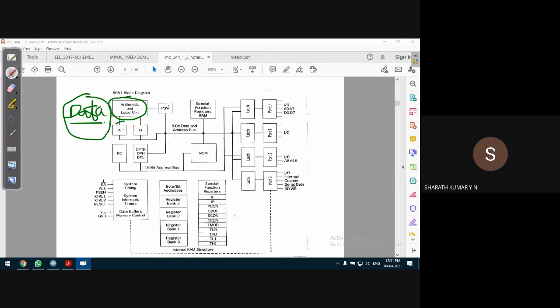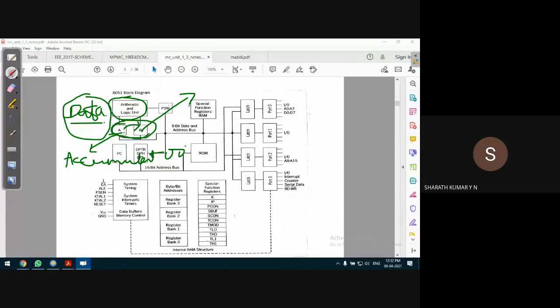They are called the A and B registers. A is called the accumulator. A stands for accumulator. The obvious question is what B stands for. Since A is called an accumulator, another register is called a B register. Instead of calling it by some other name, the other register is simply called the B register.